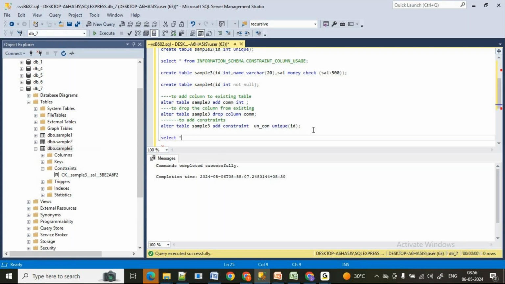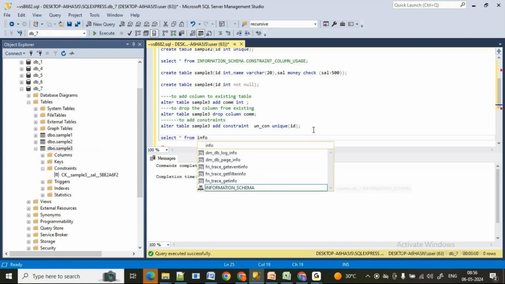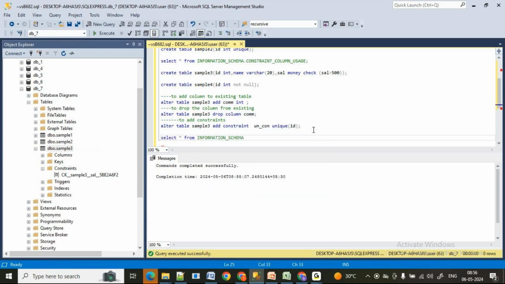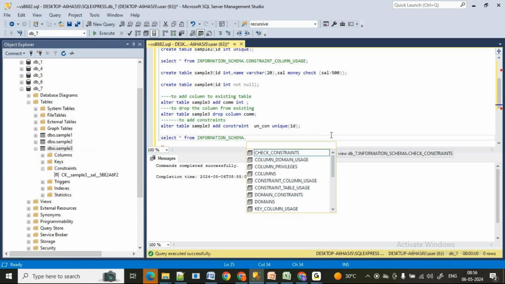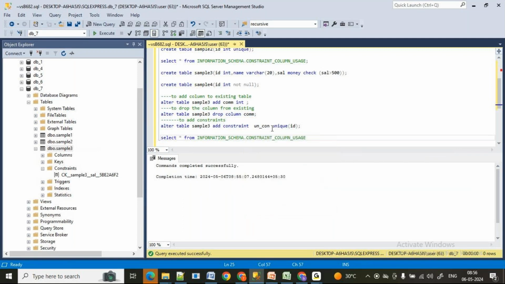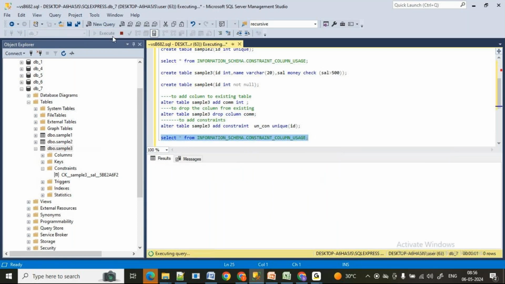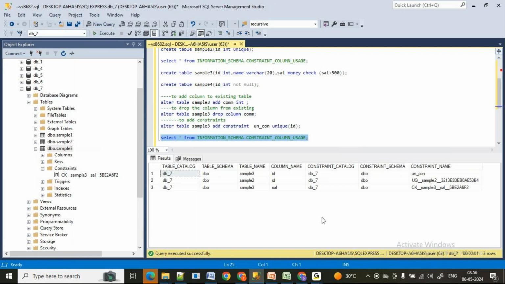So select star from INFORMATION_SCHEMA dot, and I will take CONSTRAINT_COLUMN_USAGE. Now execute this. Yes, see here, in the sample 2 table, I have one unique constraint.